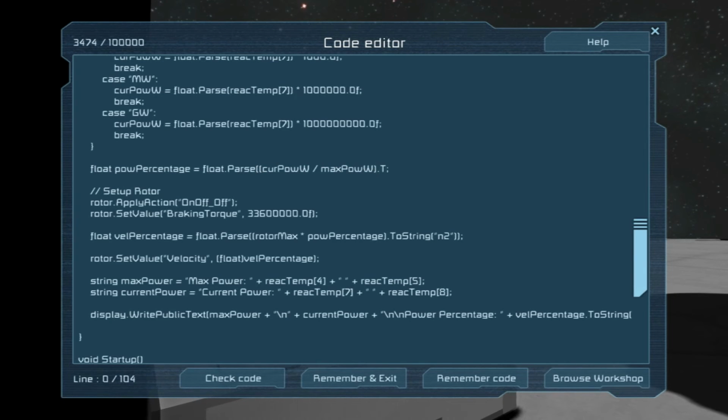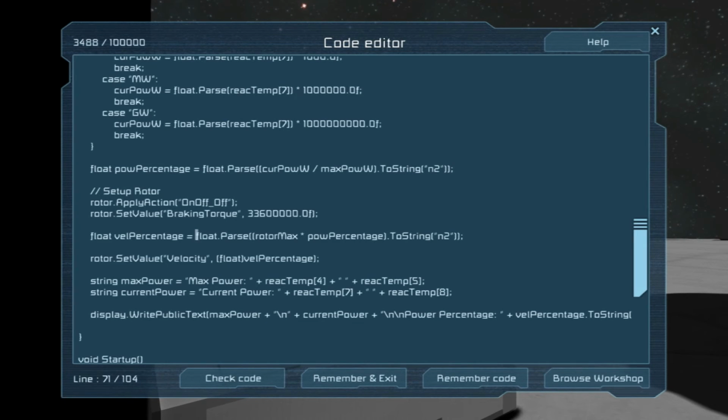Then we're going to make it a toString and put it as N2. Now this means numerical 2 points, if my memory serves me right. So it just makes it down to 2 decimal points. It'll round it up, or down, depending on what it needs to do. Now we're going to close that parentheses so that it parses this after it's converted it to a string and clamped it, and then it'll turn it back to a float, put it in the power percentage.